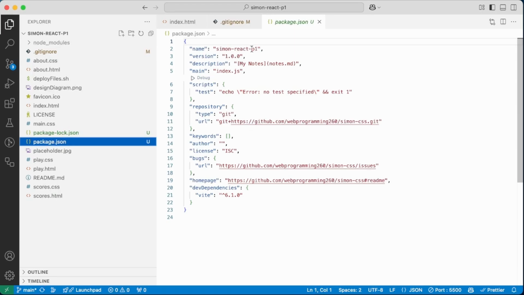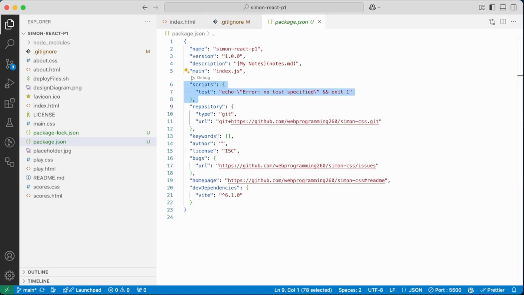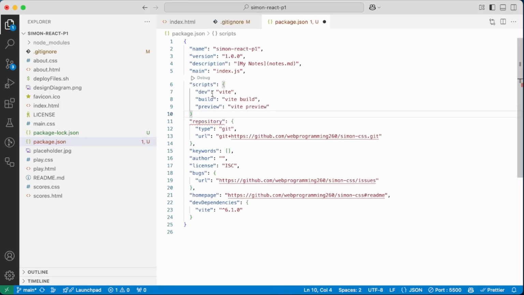So if I look at that, you can see that it named my project. I can rename it to whatever I want. My description is pretty boring there, and my main file, none of this really matters. The important thing here is that I've got my scripts right. So I'm going to copy in what I really want those scripts to be, because just echoing out that I don't have any tests isn't very useful. So I'm going to get rid of that and replace it with what I actually want it to be,